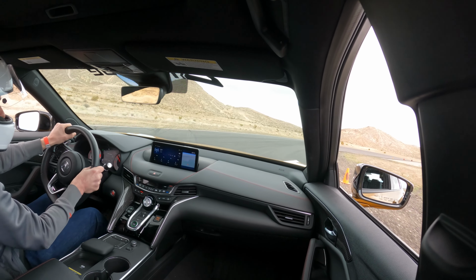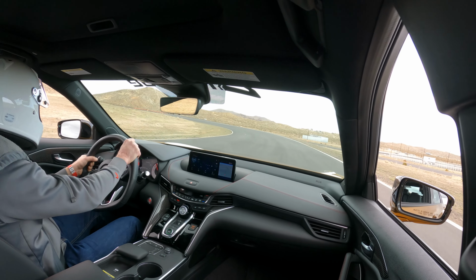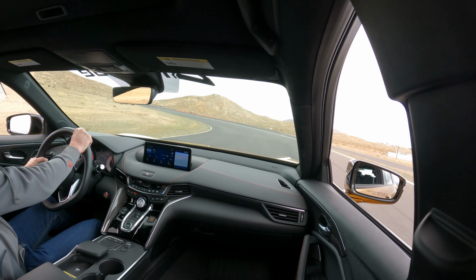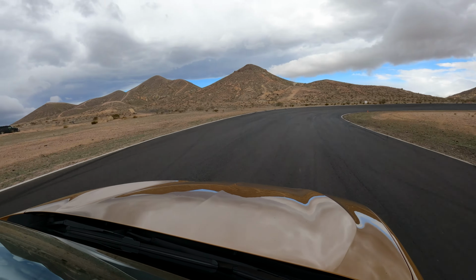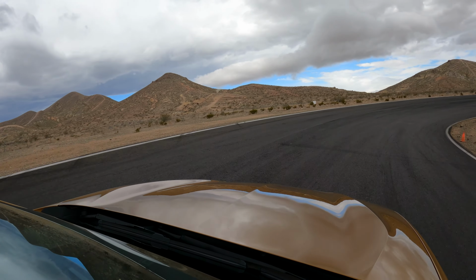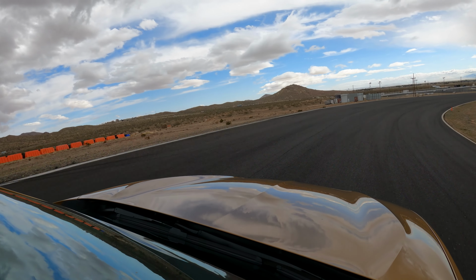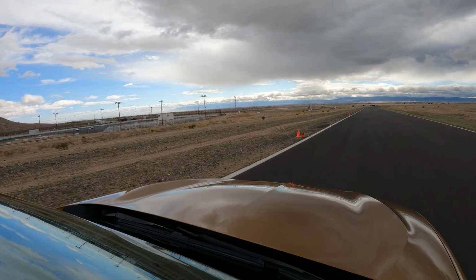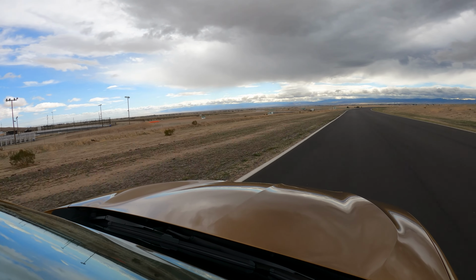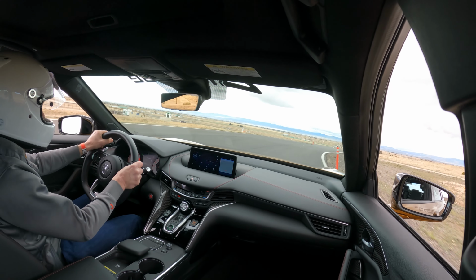Also, power, again, no problem here. It's got great ability to power out of corners. The transmission, I haven't caught it out once. So, I mean, I'm not really missing that manual. And the weight hasn't been a big factor, although I am pushing the tires out pretty hard. Once it starts to understeer just a little bit, you get a lot of noise out of those front tires, just ease into the throttle a little bit and the car will actually pull through and come around